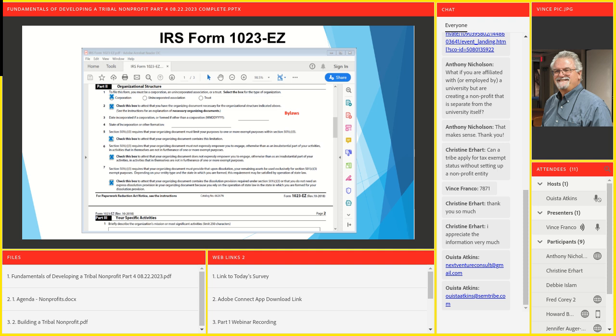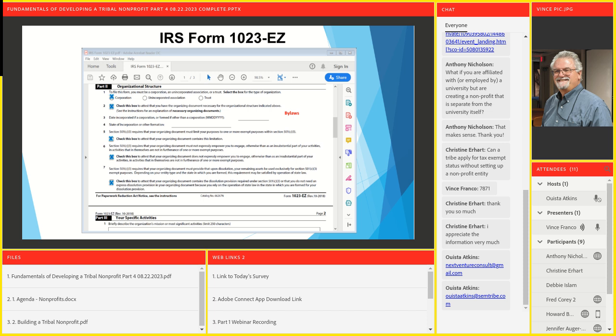It says, number 6, a 501(c)(3) requires that your organizing document must not expressly empower you to engage, otherwise than as an insubstantial part of the activities, in activities that themselves are not in furtherance of 1 or more exempt purposes. A lot of verbiage to say that your intent, you're not doing anything above and beyond the IRS's intention of what a nonprofit should be. So you'd answer yes to that. Check this box. Number 6, what we did.